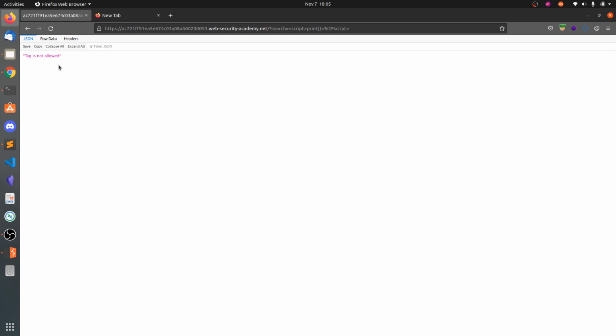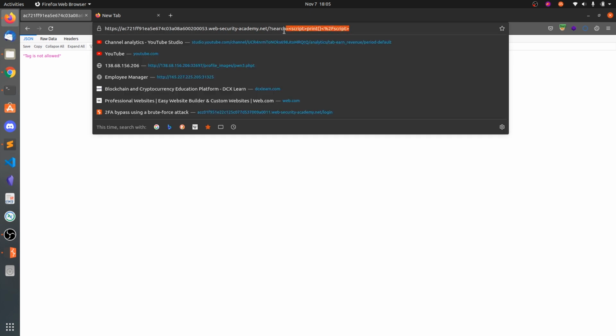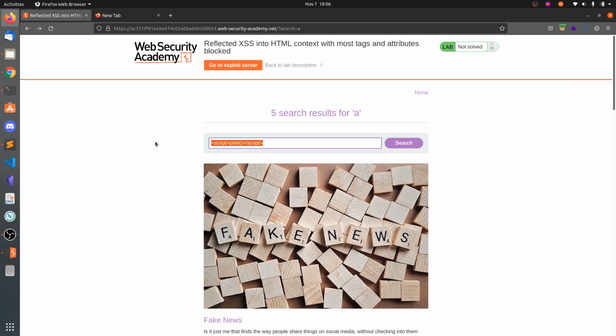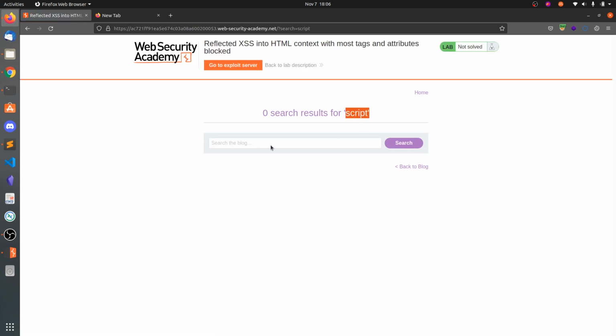Whenever you see a different response, not the actual web page, that means this website is protected by some firewall, a WAF, web application firewall. What this WAF does is it acts like a mediator between your client and the website. It will first take the URL and try to filter whatever malicious tags are there in it. So here we can't execute the script. We can execute the script, but we cannot put the tags in this.